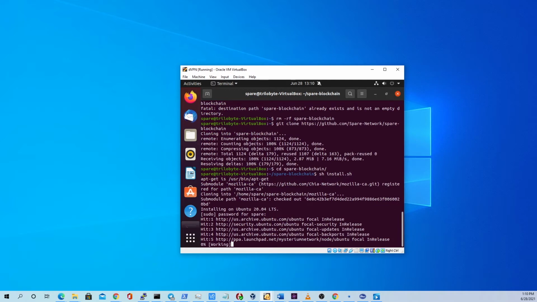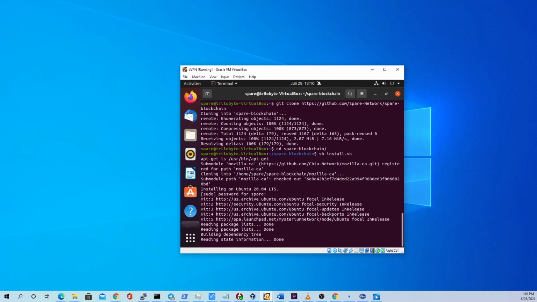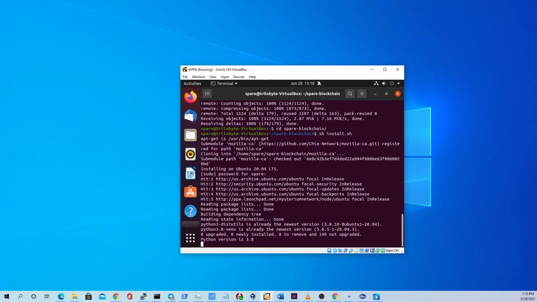Now, Spare wasn't as transparent as Flax. They did have a pre-mined 5 million coins. They didn't discuss it on the website. You have to look at the code to find it. Small membership on Reddit, close to 300, and a little over 400 in Discord. So not a huge community,